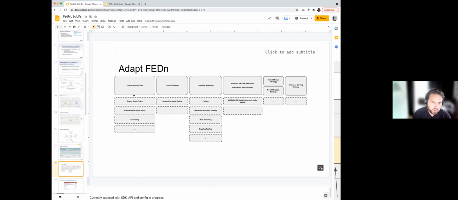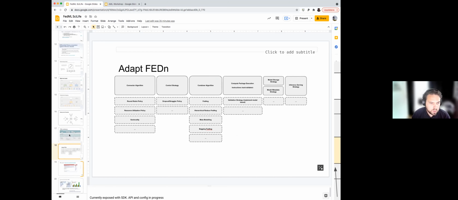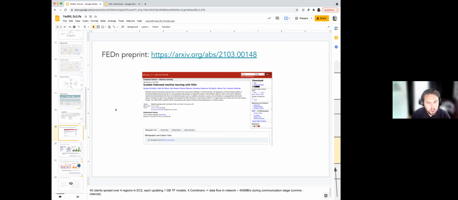So that's what this slide was about, that you can adapt the framework in the way you see fit. I can mention that we have an arXiv publication up that you can read if you're more interested in the work we have done. Ola gave a nice overview of what is done in the wider context, but this is work that we have done here at the IT department in collaboration with Ola's group in the company.